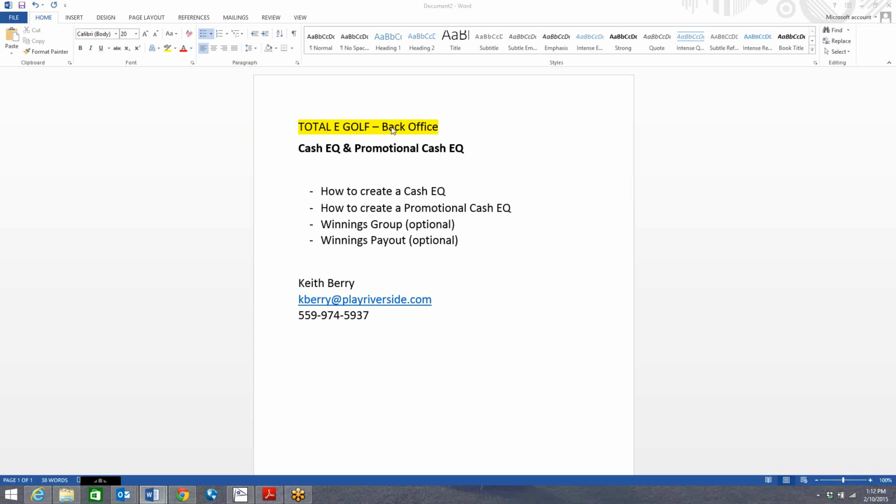We're going to go over Total eGolf cash EQs and promotional cash EQs in the Total eGolf back office. How to create a cash EQ, how to create a promotional cash EQ, and then there is some functionality in the back office to build the winnings group and the winnings payout using the cash EQs you built and applying them to contacts